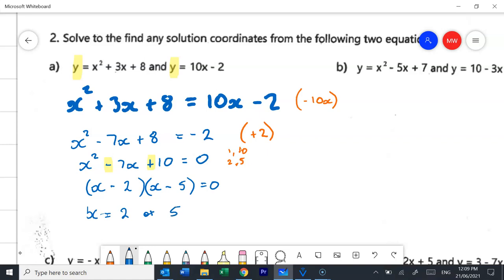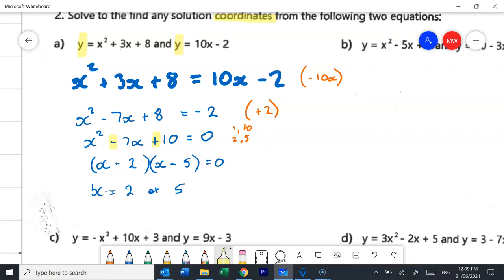And now what I need to do, because remember it's simultaneous equations and it's asking me to find out what the coordinates are, okay? Not just what x is this time. So I need to find y, and I've got this choice. I can either substitute my x values into this horrible equation, or I can solve them by subbing them into the linear equation. Sub them into the linear equation. There's no way that you want to be mucking around with that horrible equation on the left, okay? So let's sub in. So the two possible solutions will be